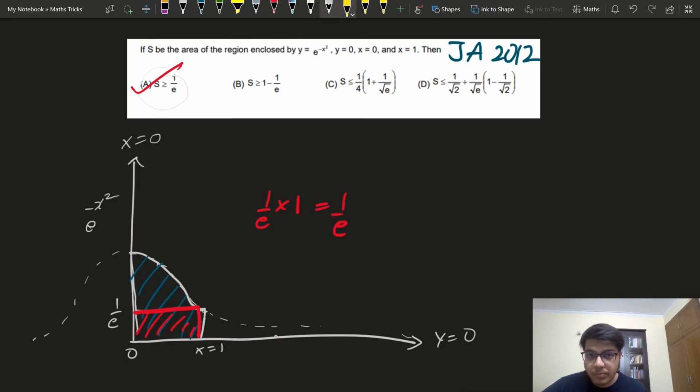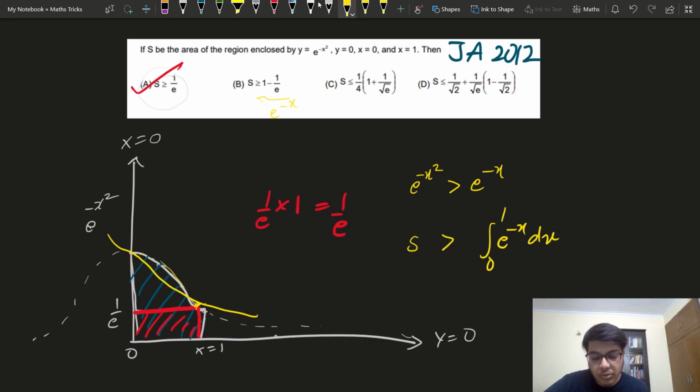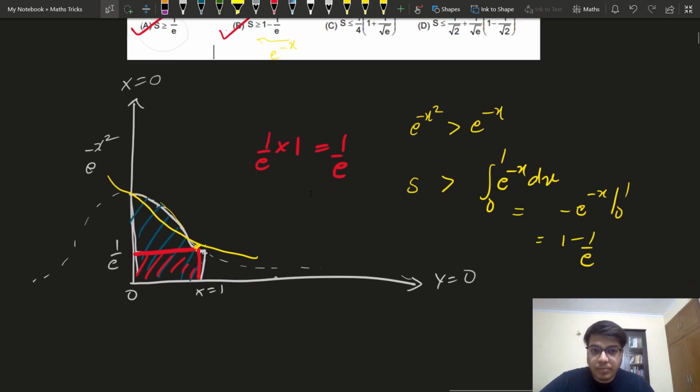Next. और ये देख के कुछ e raised to minus x वाली फील आ रही है, तो उसका भी ग्राफ बना लेते हैं। तो कुछ ऐसा होता है यहाँ पे। तो इसका ग्राफ ऊपर है e raised to minus x square का, e raised to minus x square is greater than e raised to minus x in this region। तो s is greater than the integral of e raised to minus x dx from 0 to 1, which is equal to minus e raised to minus x from 0 to 1, which is 1 minus 1 by e। ठीक है, B is also correct। ये तो इसी थे। C और D इंटरेस्टिंग है।